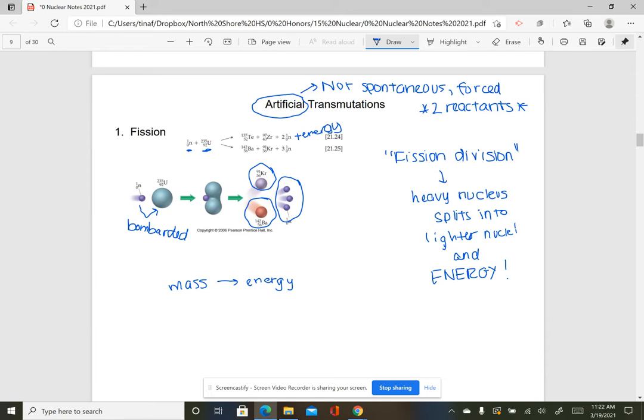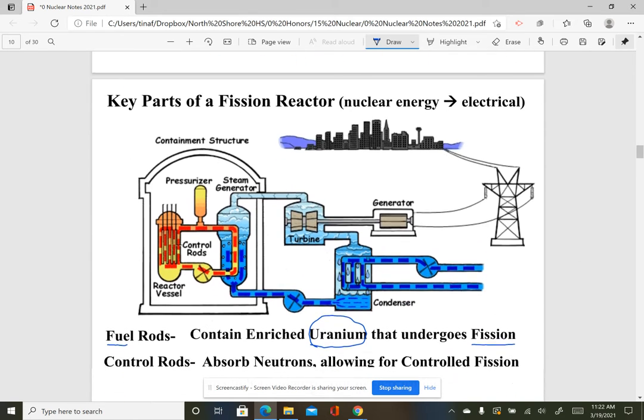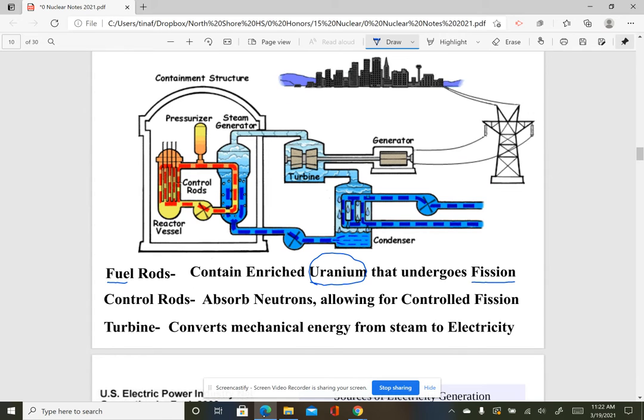So what happens is those neutrons that we make, they're going and they're hitting other uranium atoms to cause more fission reactions. If we just let all of those neutrons go and hit more uranium atoms, our fission reactions would be out of control. That's more like what's going on inside of a nuclear bomb. In a power plant, we need something to control the reaction, and these are the control rods. So they absorb some of the neutrons that are created. So not every neutron is hitting a uranium atom and a reaction is just going to get out of control